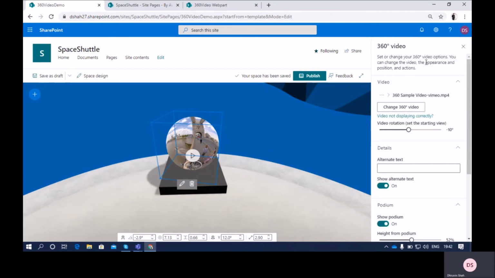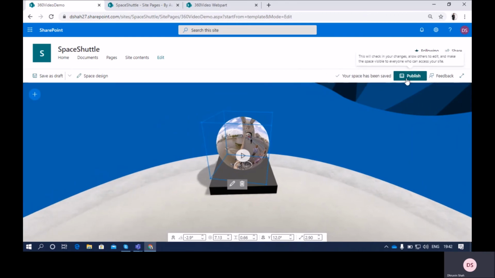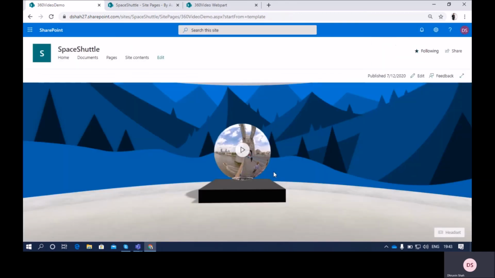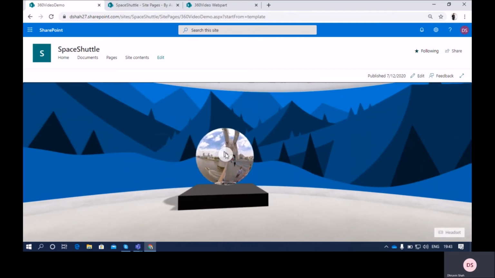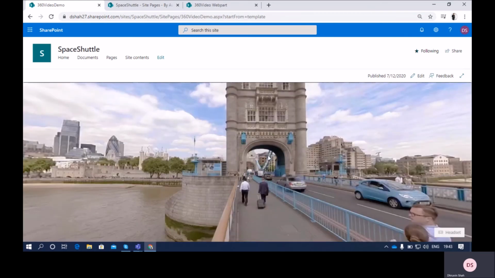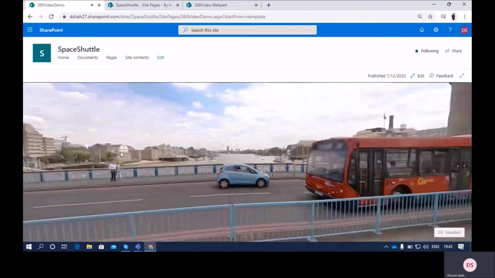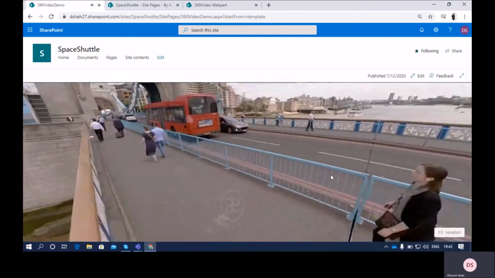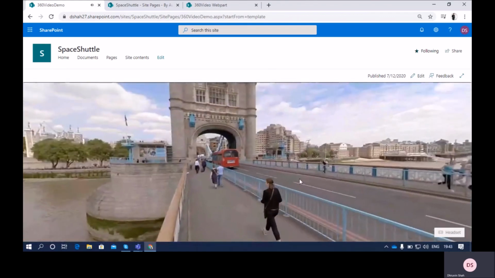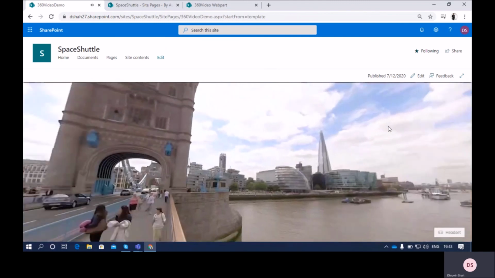So these are the different configuration properties of the 360-degree web part. Now let's publish our page and check the 360-degree video web part. So this is the 360-degree video web part that we have added on this page. Now whenever I click on play, it will play a 360-degree video like this. You can see that the video plays very smoothly over here, right? So this is a really amazing feature.